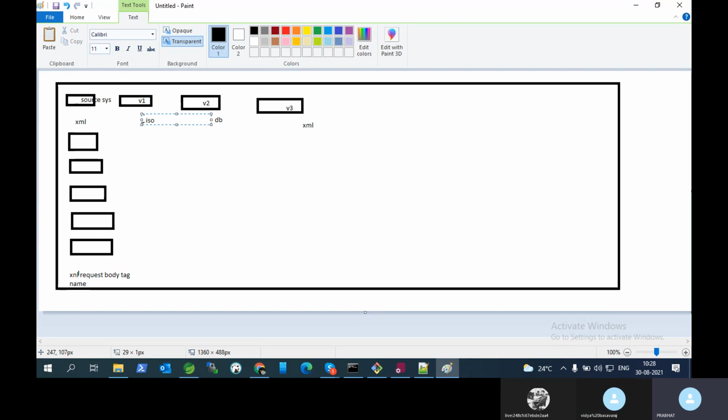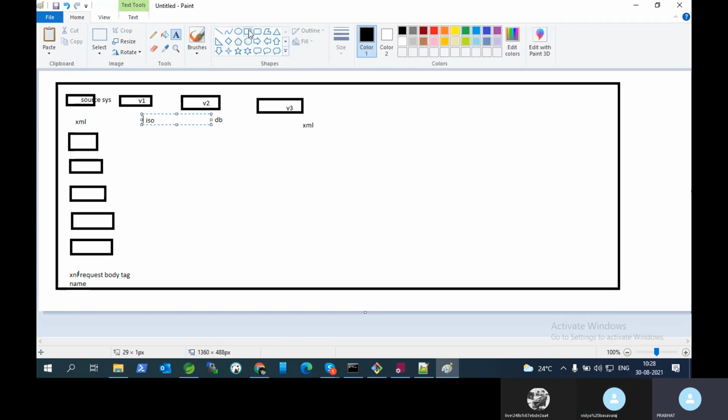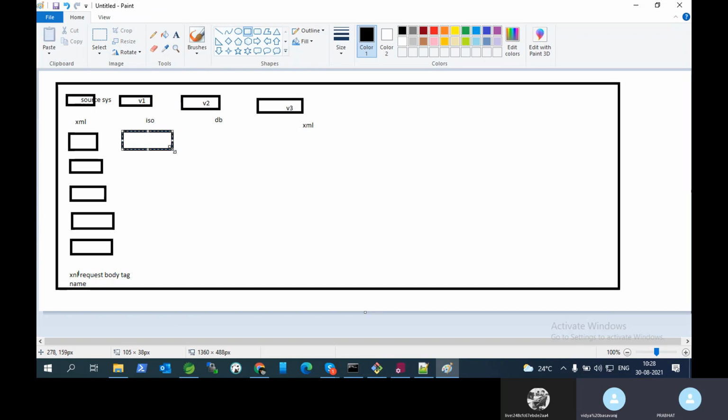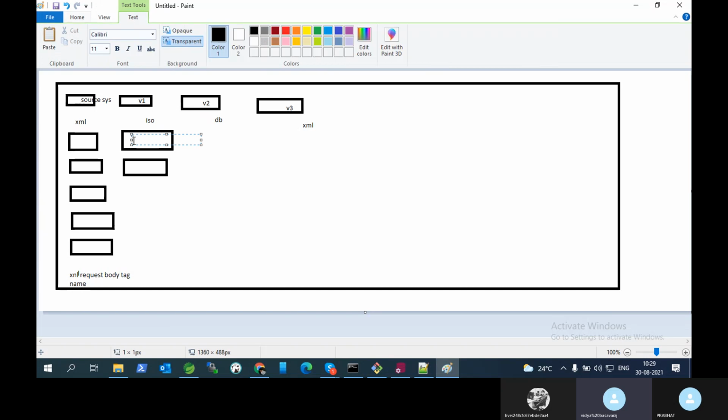And suppose it is maintained as 120 fields. XML is only 5, so how can I display 120 here? For that, we are creating one drop down here. In every drop down, we are displaying the fields from 1 to 128.